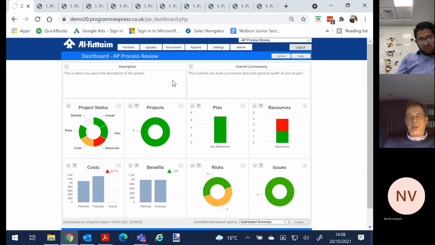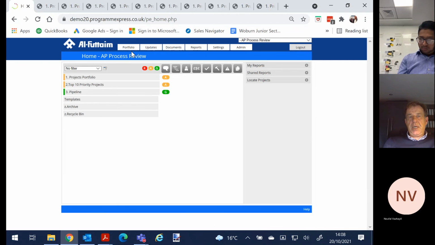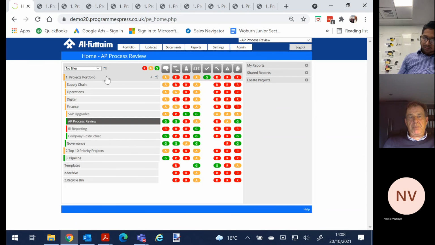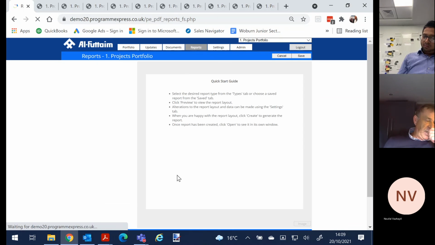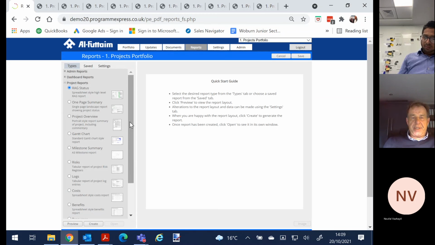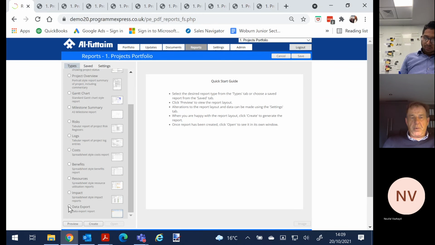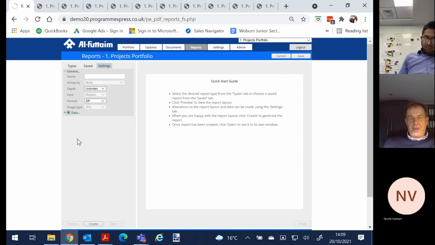So we get a dashboard of information which we can then run reports against. And also, and probably in a way a bigger thing, but not as visual, is that we can start to export data if we want to, using what we call the data export function. So with the data export function,